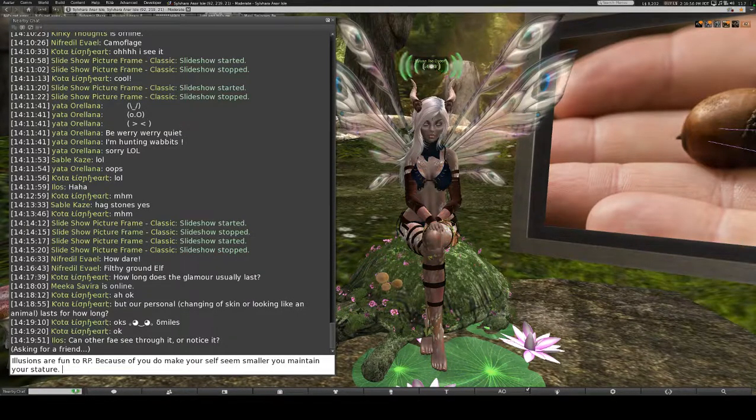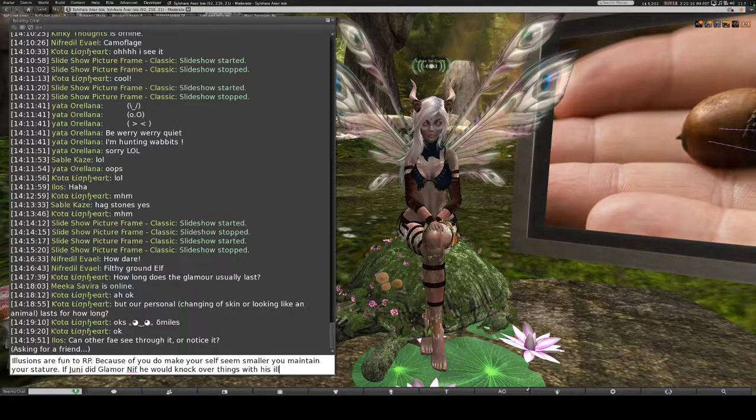Yes, a Fae who has the ability to glamour themselves will typically be able to see through that Fae glamour. I don't know about satyrs so much. I'd have to ask a little more about that, because satyrs don't have the ability to glamour.